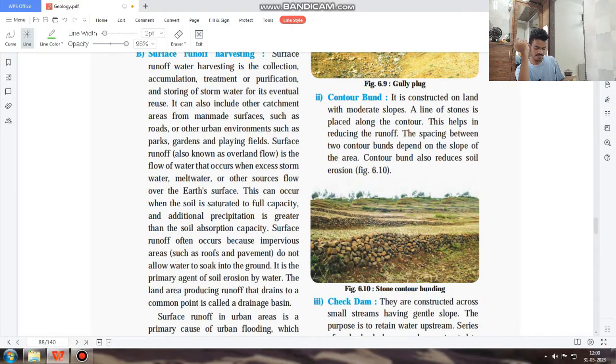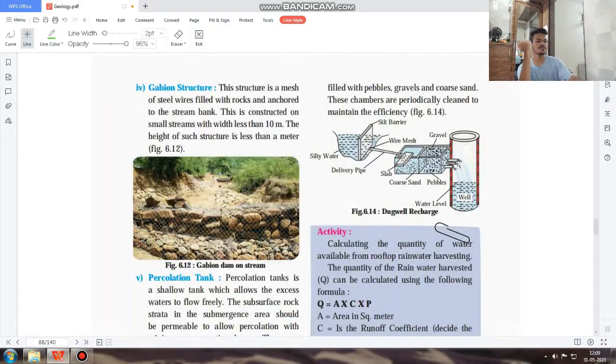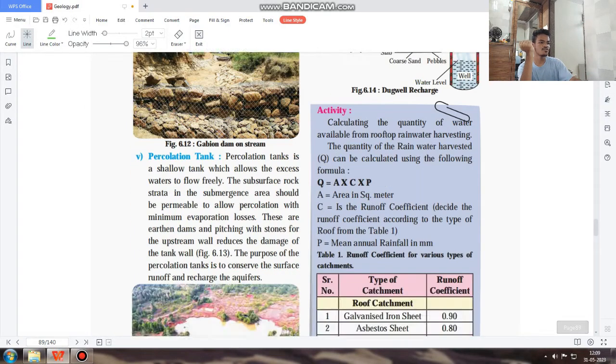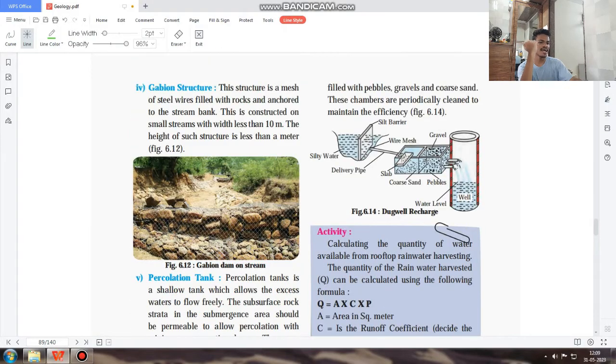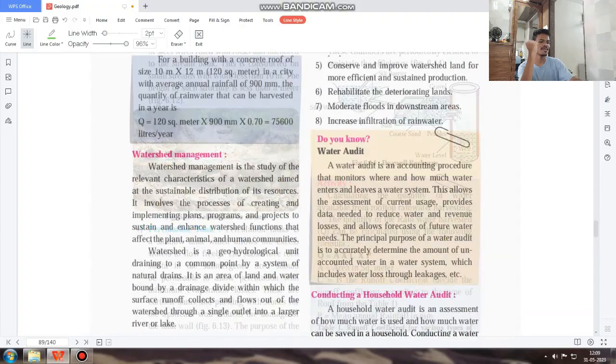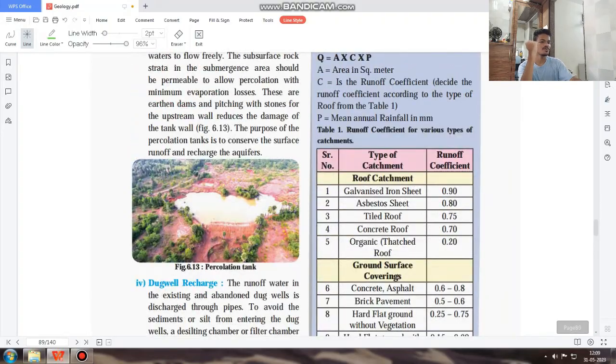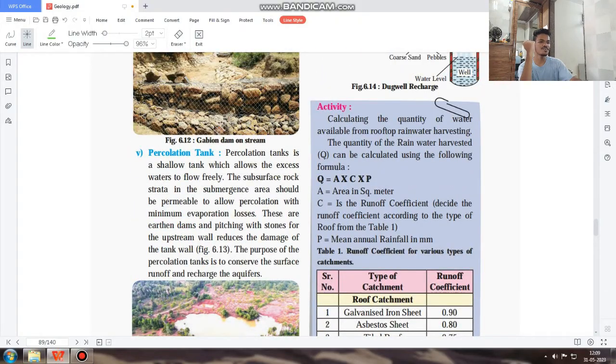Surface runoff harvesting. Surface पे क्या होता है? Gully plug, then there's contour bund, then there's check dam, there's gabion structure, there's percolation tank. Okay, just read it. Okay, dug well recharge. Now, if you may have seen my first video, I may have told you that from this chapter